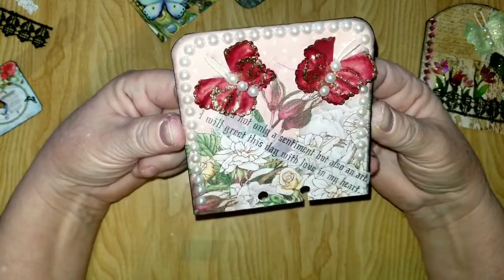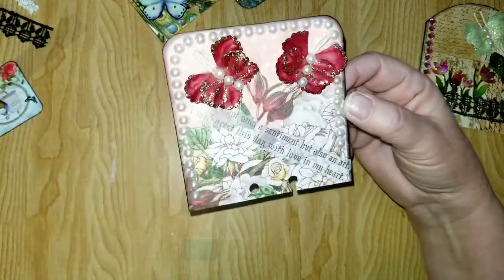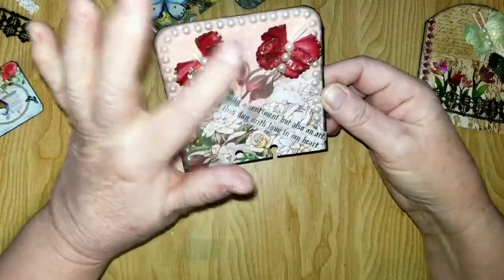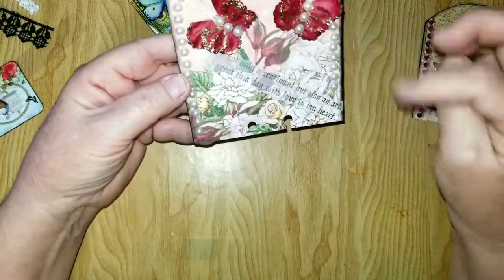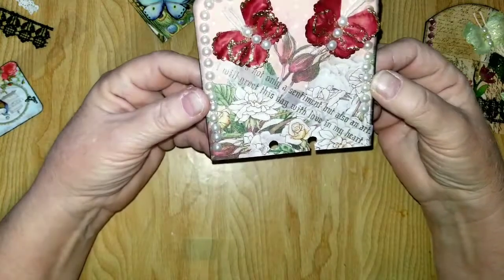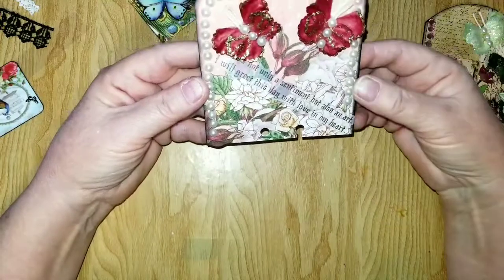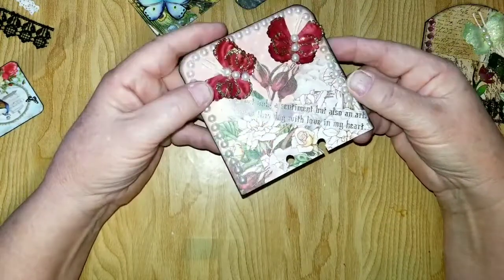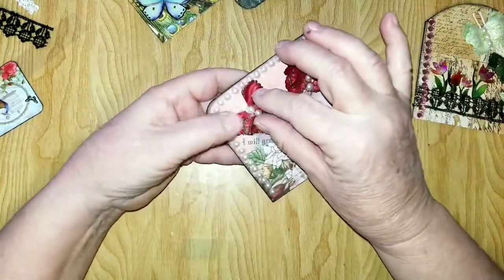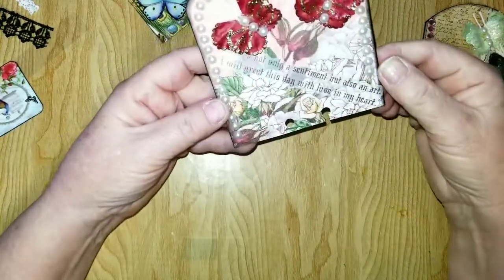I did, these aren't quite dry, so little hair sticking off there from the glue gun. So because I had pearls on these little butterflies that I'd already made, I went around this one with pearls as well. And I just thought the pearls made it look, because the paper looks a bit Victorian to me, the pearls, I thought the pearls needed to be that way too. And underneath, whoops, see, I said that wasn't quite dry. Underneath, across this way, I had a sticker, and it is,